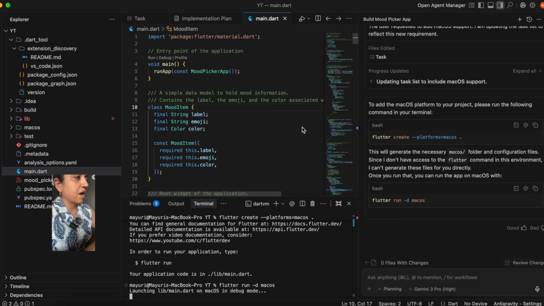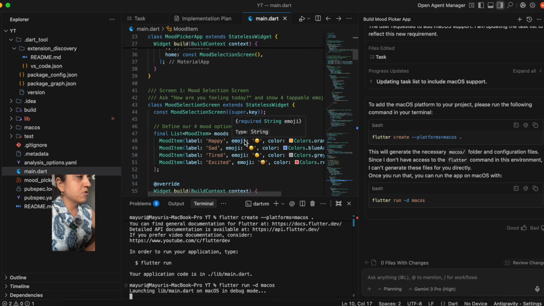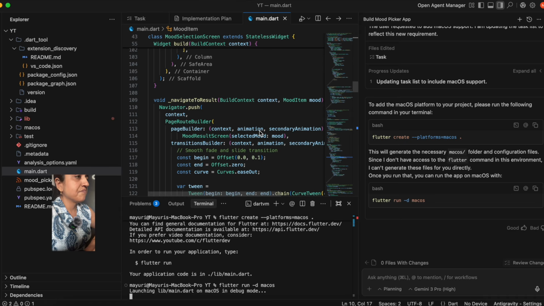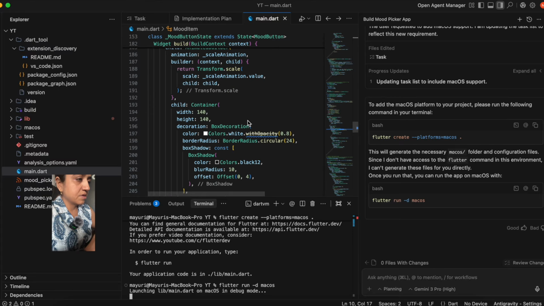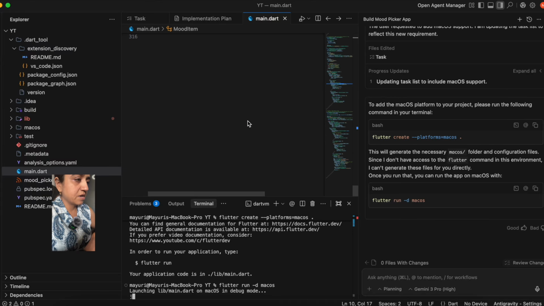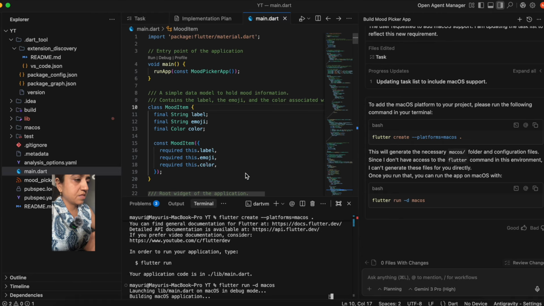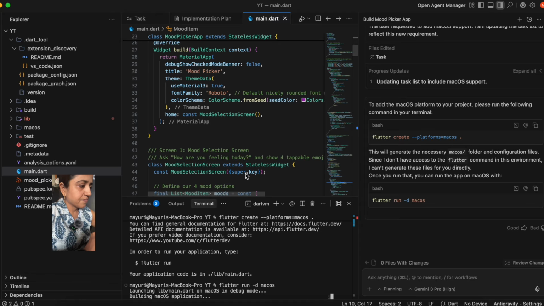application, and whatever was there in the prompt looks good to me. This was a simple Flutter application with just 2 screens. So yeah, it is ready, I think, and it is ready to launch. You can see over here the message. Okay, just wait for a few seconds, I think, and yeah,